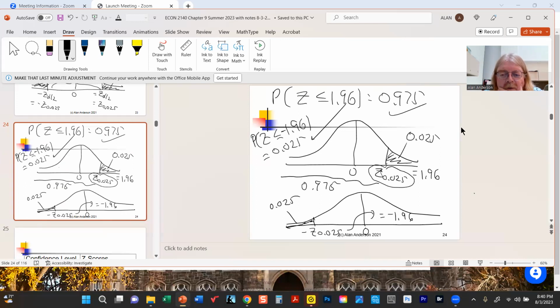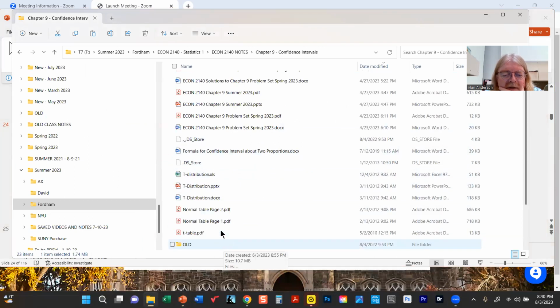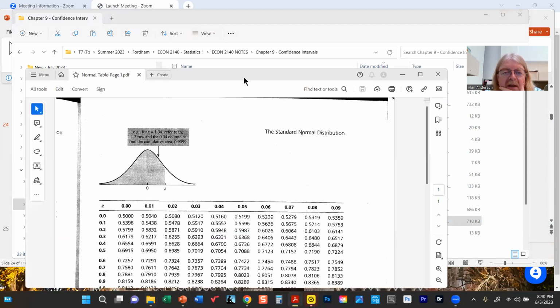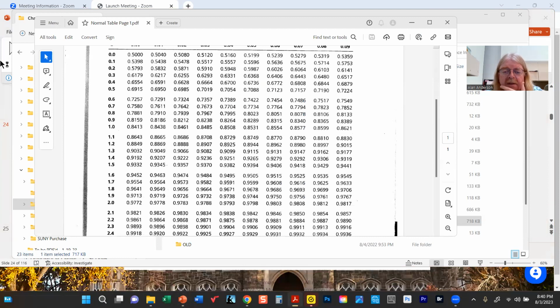We can go to our standard normal table, which I have right here, and look in the body of the table for 0.975, or the closest thing we can find to it. Now here, it actually is on the table. But sometimes we have to interpolate between two similar values. So that gives us